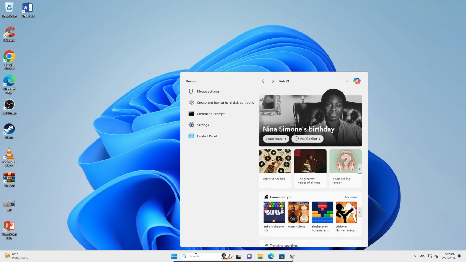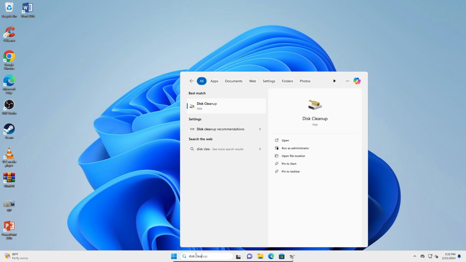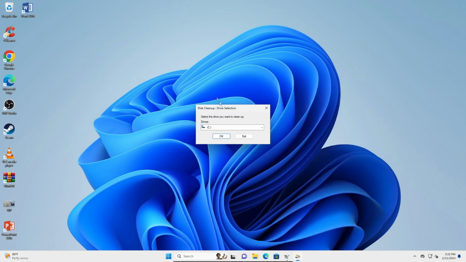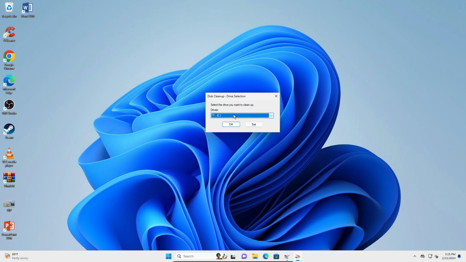So in the search bar you're going to search for disk cleanup. As you can see here, disk cleanup. Open that. Okay, and it'll say make sure to select whatever disk you want to clean up. So I want to clean up disk C, which is my main Windows drive. Click on OK,